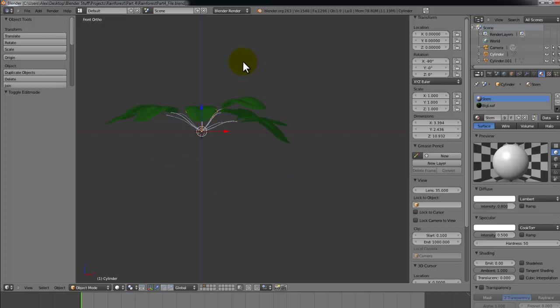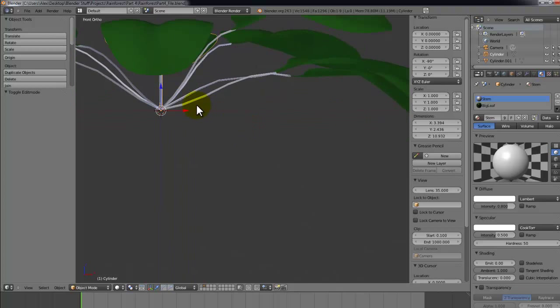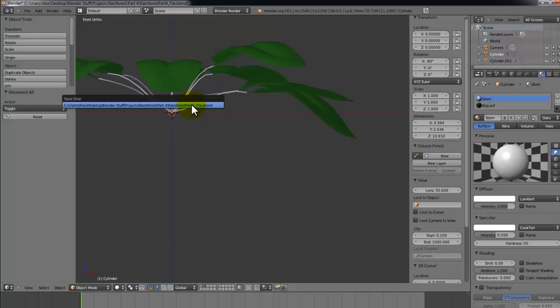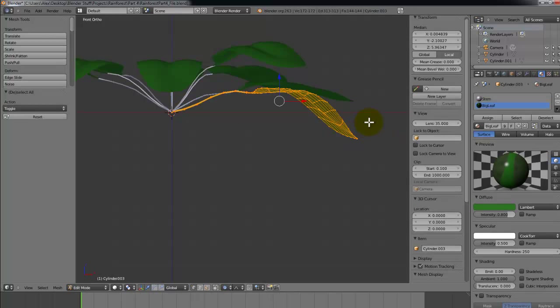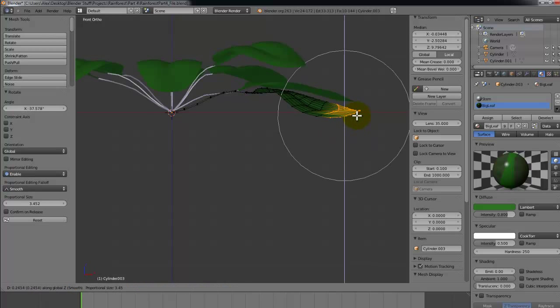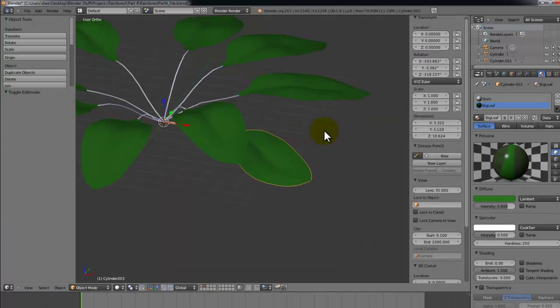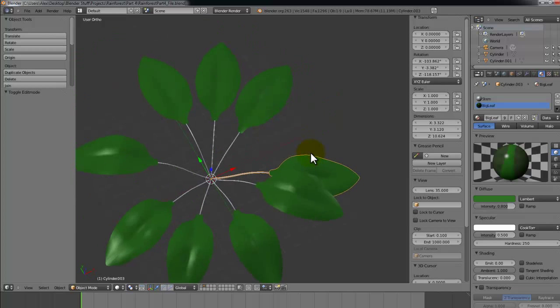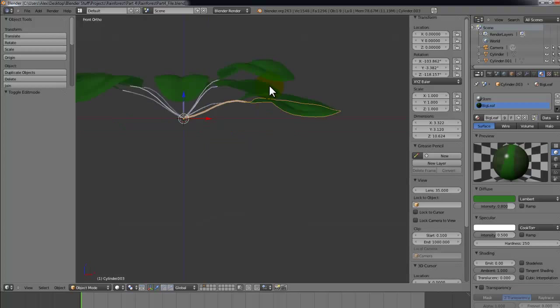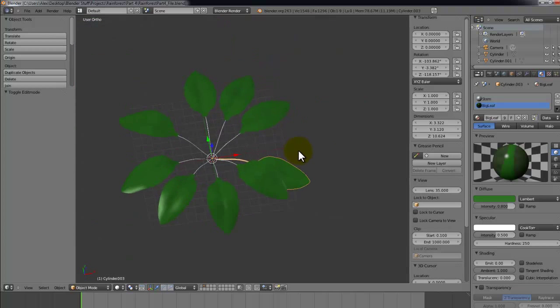Oh, but by the way, you can see that this origin point is where the plants will spawn from the ground, and if this leaf goes beneath it, then that means the leaf is going underground. So what we can do is just rotate it up like that, and make it a bit weird, and now it will be resting on the ground. So we want to keep things above the origin points like that. Okay, so now that that's been done,